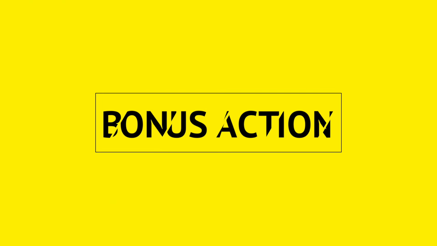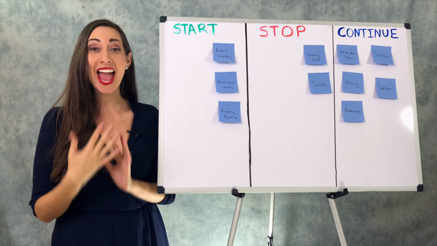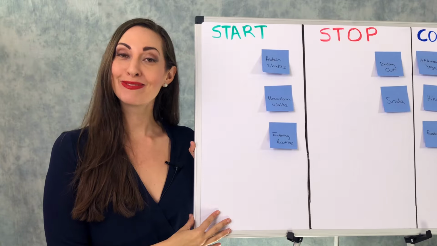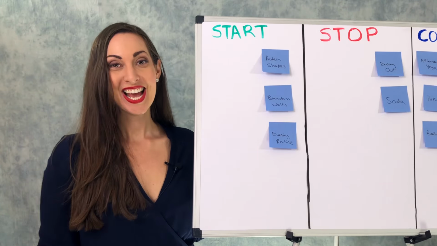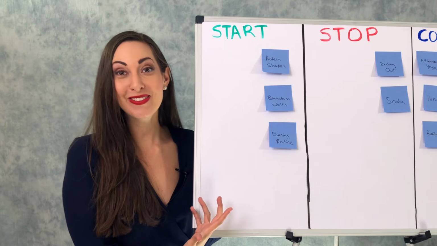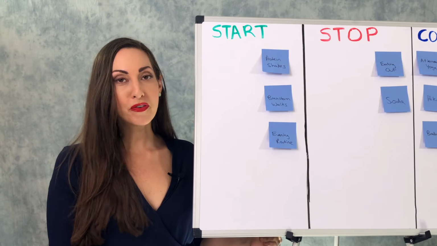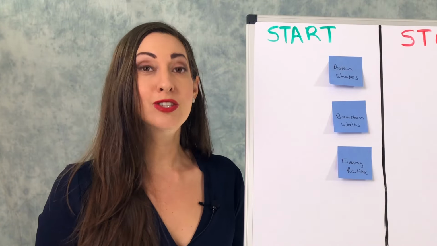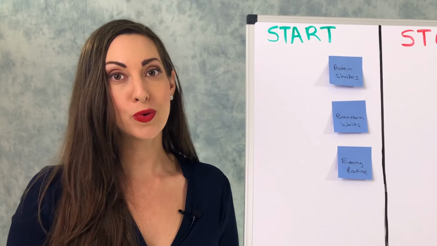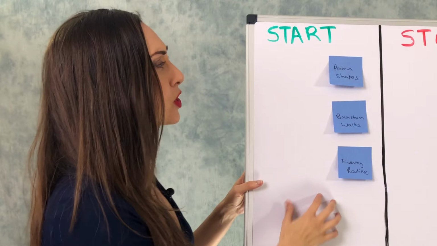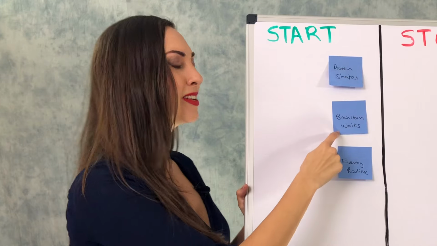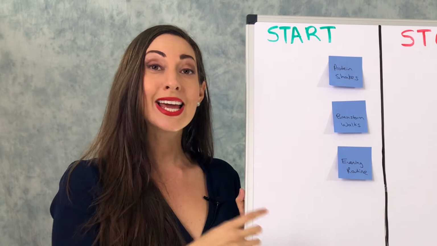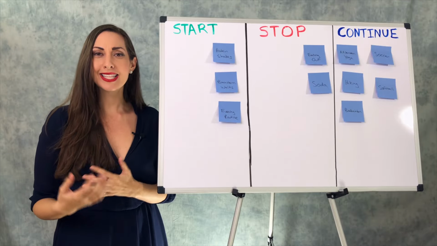A little bonus section here is you can do this exercise for anything and with anyone in your life. For example, I did this exercise with my husband about our health as a couple. So I just want to give you a couple of examples of how you can even do this with your partner. For health for the year, I wrote down everything that I thought we could do, things we already do, things I wish we would stop doing, and we began to place them. We wanted to start drinking protein shakes in the morning, and instead of sitting and chatting when we brainstorm, doing brainstorm walks, and also creating an evening routine, getting into that sleep mode a little bit easier.